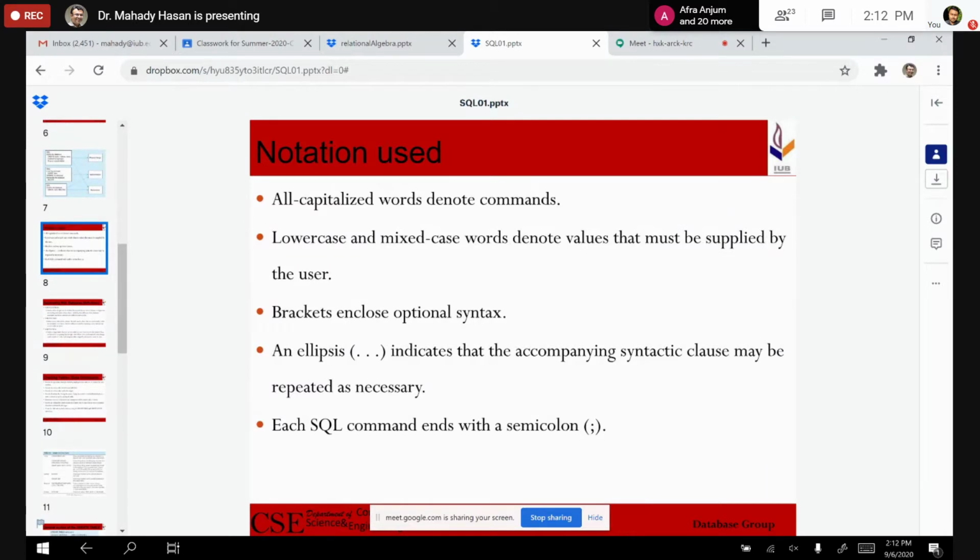Regarding notation, this is a standardization rule, or maybe you can say a convention. We normally try to put the commands in capital format. However, in SQL there is no problem if you use uppercase or lowercase, because SQL is not case sensitive. But it is a good idea to use the reserved words or commands in uppercase. In some SQL databases, a semicolon is used at the end of the query. Some don't follow this structure.